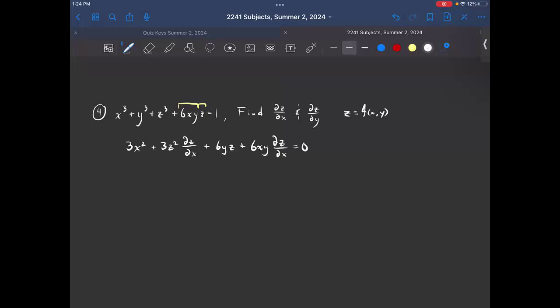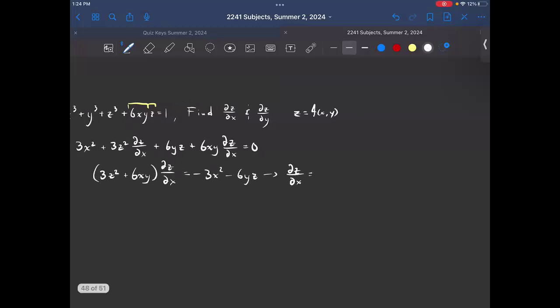All right, and now what do? We solve for dz dx. So let's see, if I collect all my terms, I have 3z squared plus 6xy dz dx, and that's equal to minus 3x squared minus 6yz. Okay, so then dividing everything over, I get dz dx equals minus 3x squared minus 6yz all over 3z squared